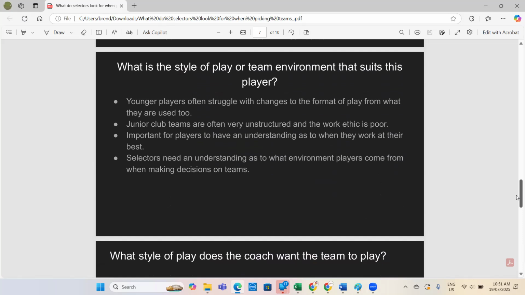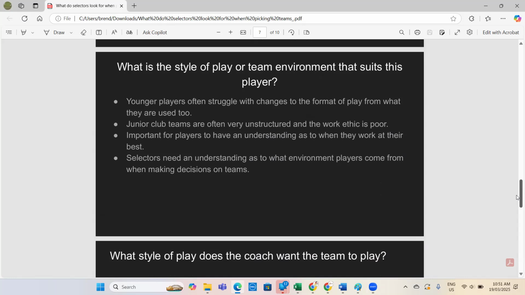So obviously, the coach has one way of wanting to play, but players also have individually different ways that they want to go about doing things. So it's important for us selectors to understand what environment players come from, in terms of whether they suit a potential team environment that they may be trialing for.